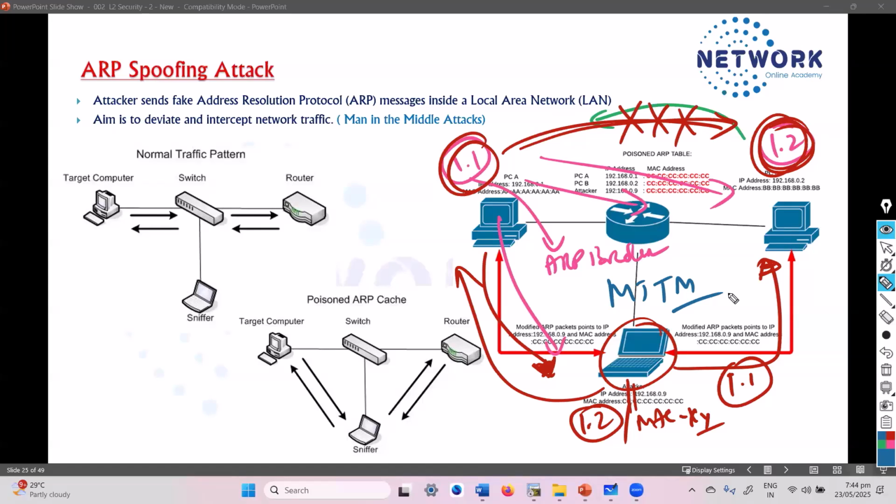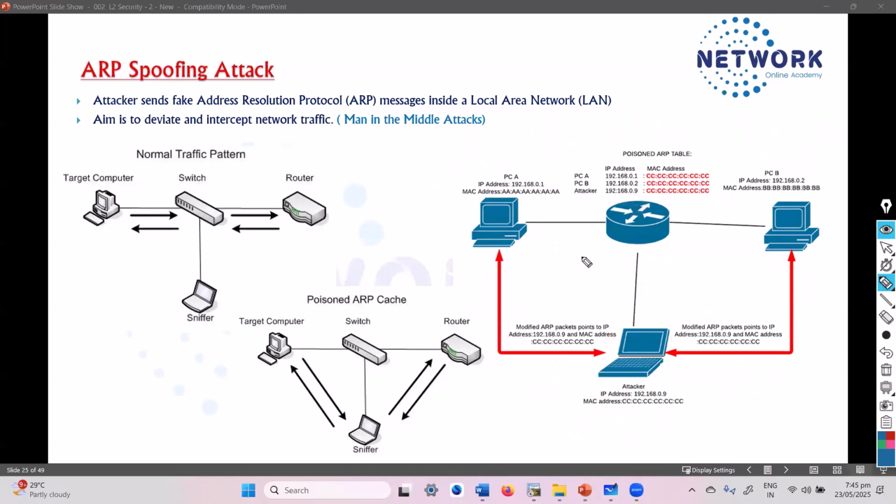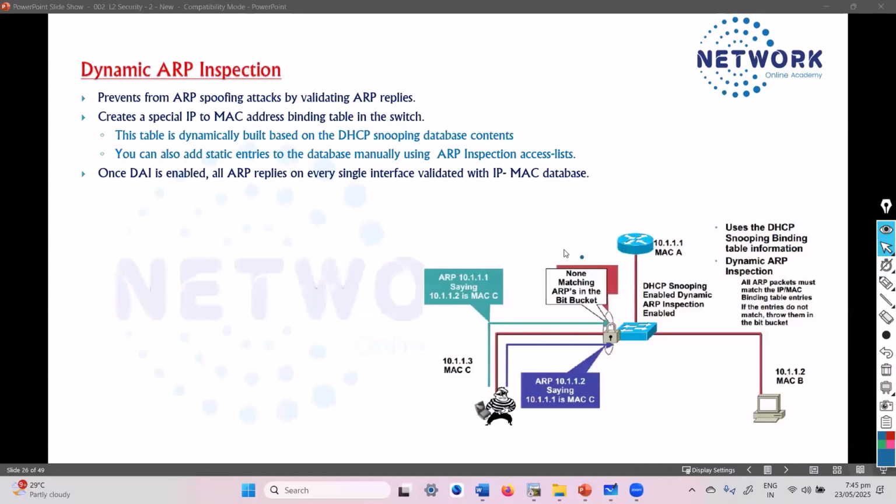A man in the middle attack is where the traffic goes via the attacker. This is possible via multiple different options; ARP spoofing, with fake ARP replies, can be one possibility.